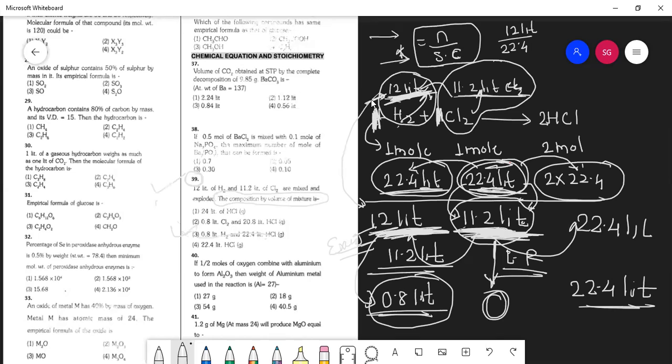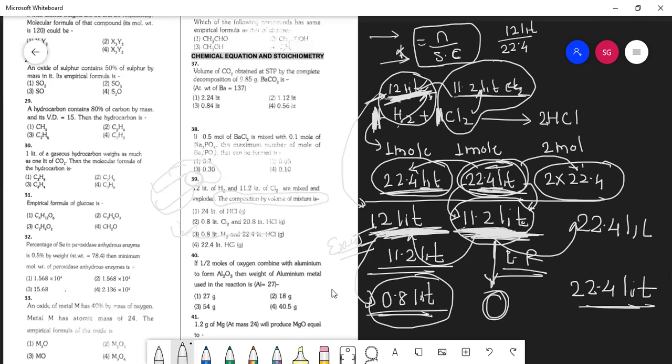So this was a very good question. Now I think all of the limiting reagent questions you'll be able to solve. But if you want to go by the long method, I don't mind, but it will take too much time. First find moles, then stoichiometric coefficient, then whichever is small, that will be the limiting reagent, and the limiting reagent will decide the reaction.